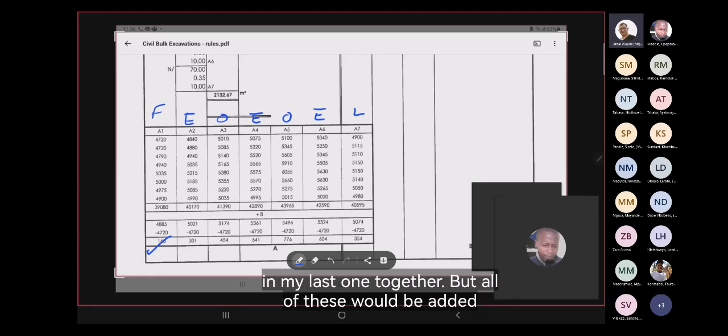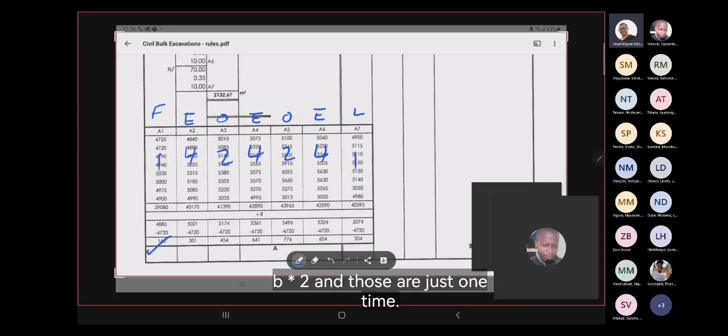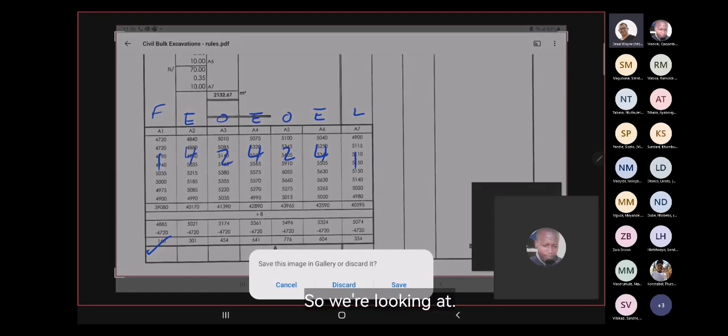But all of these would be added together. They all would be added. There's no multiplication of. But this one would be times 4, times 4, and times 4. And those two would be times 2, and those are just one time. Right. So we're looking at